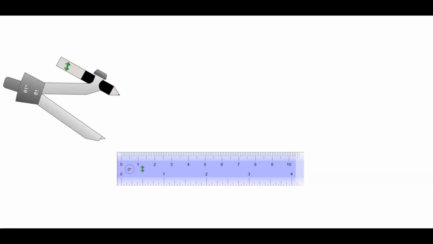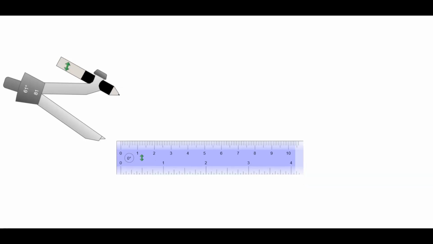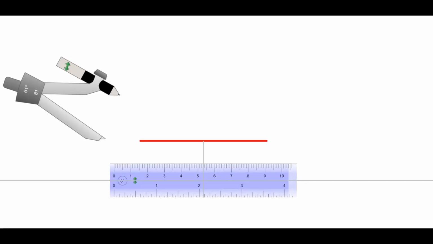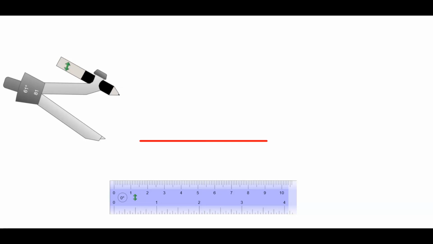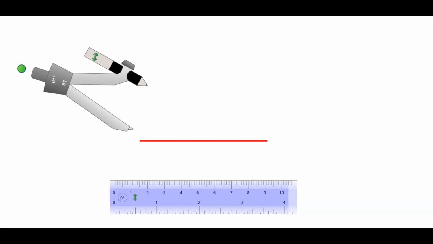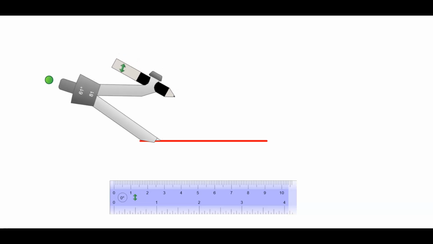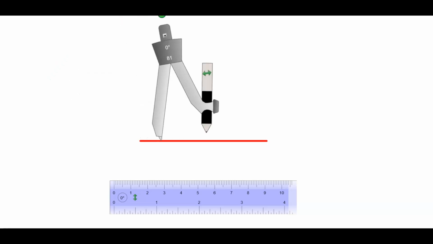Method 3. The next method we're going to use to construct parallel lines involves using a ruler and a compass. Take your ruler and draw a straight line on top of it like we did in the last method, and then just move your ruler out of the way. Take your compass and spread it a little bit apart, maybe a couple of centimeters. Once you do, you need to make sure that you keep the compass the same distance apart for the remainder of the construction. Place the pointy part of the compass anywhere on your line and make a nice smooth